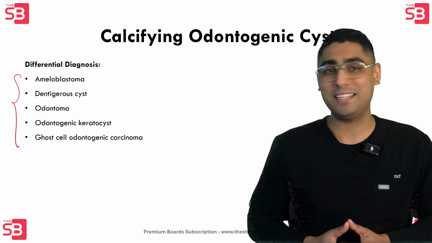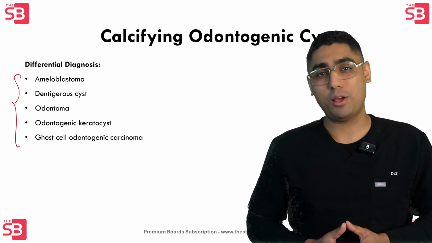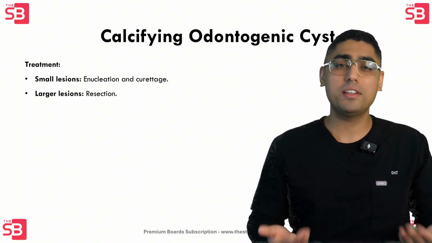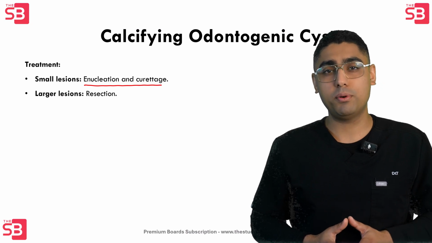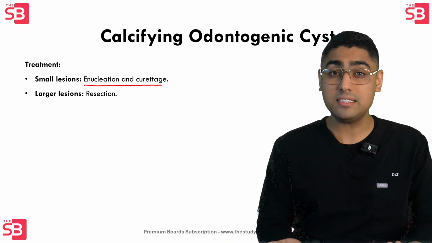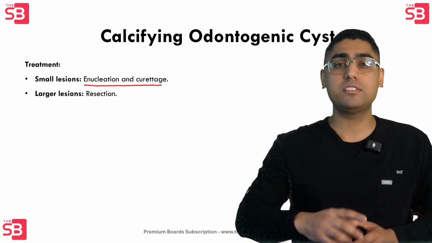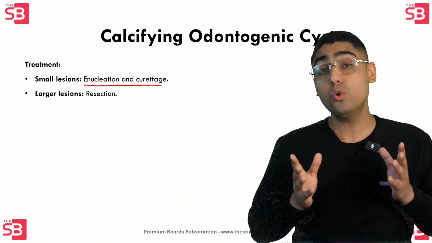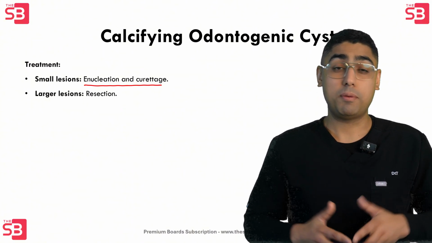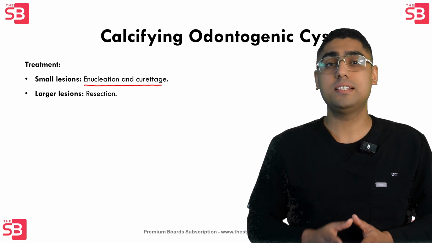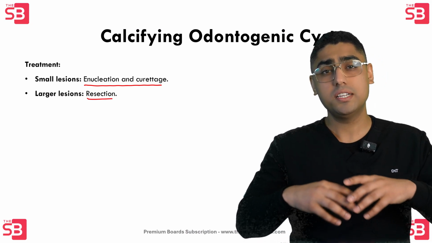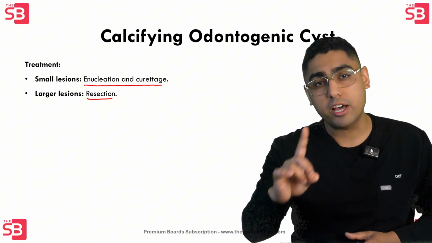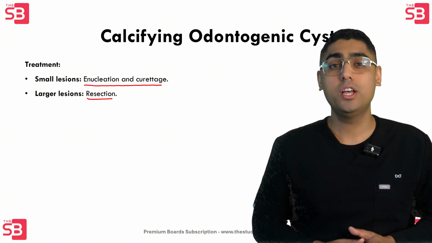these other odontogenic lesions. Now let's talk about the treatment options for COC. Now for smaller lesions, enucleation combined with curettage is the usual approach. This means surgically removing the cyst and carefully scraping the surrounding tissues to ensure no residual cells are left behind. But for larger or more aggressive lesions, resection may be required. And this involves removing not just the lesion, but also a small margin of the surrounding healthy tissue to reduce